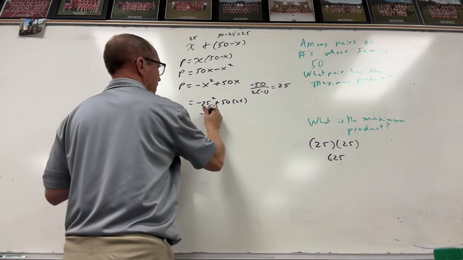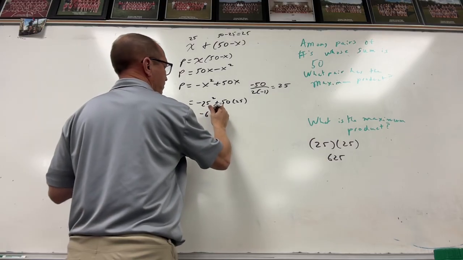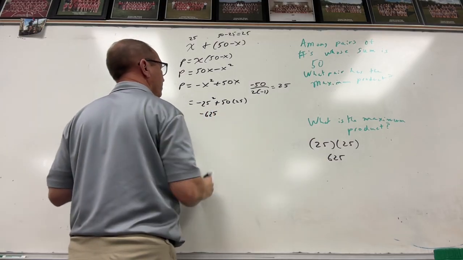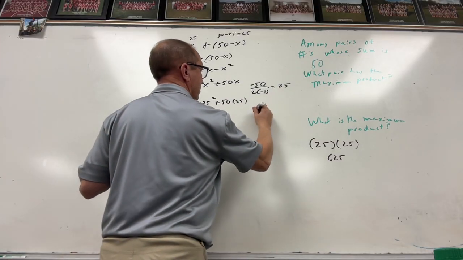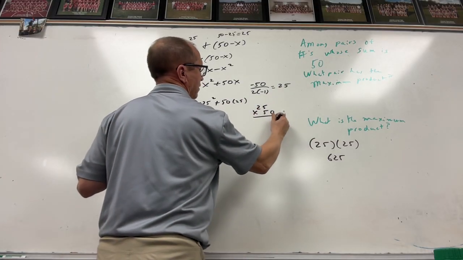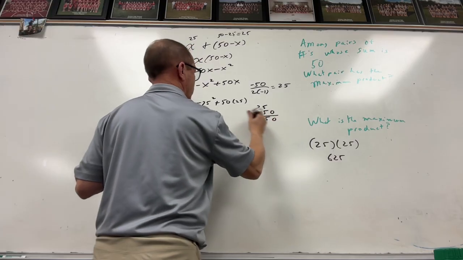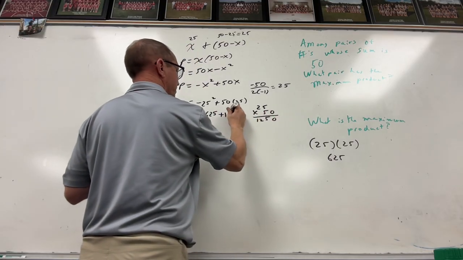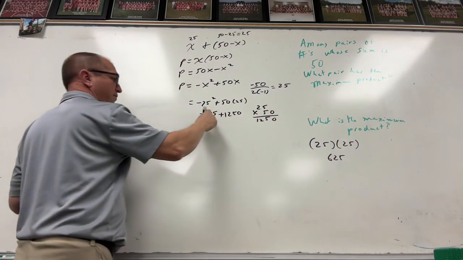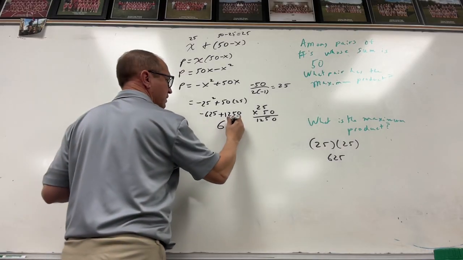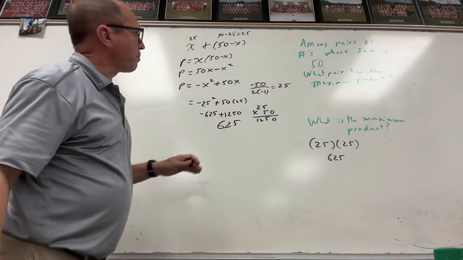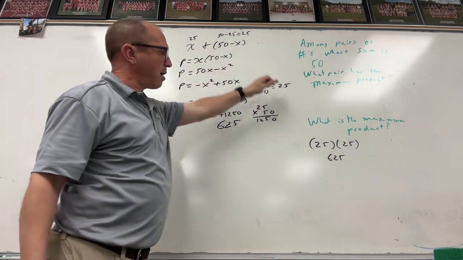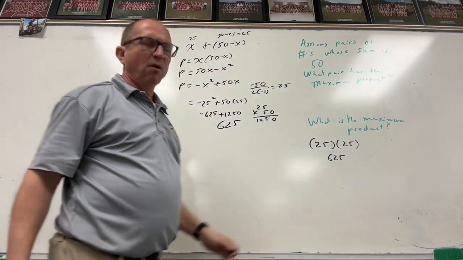Okay, so this would be negative 625, sorry. And then 50 times 25 is 1250. So 1250 minus 625 is 625. So we can either get the product by knowing what x and y are and multiplying them together, or